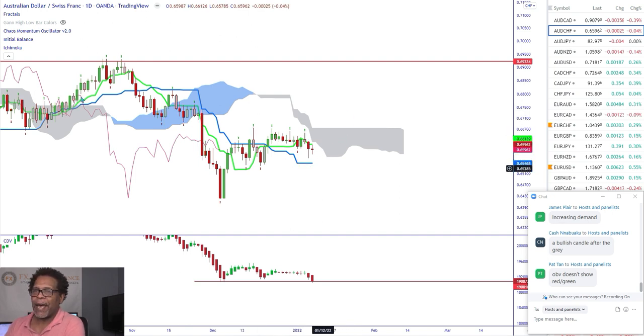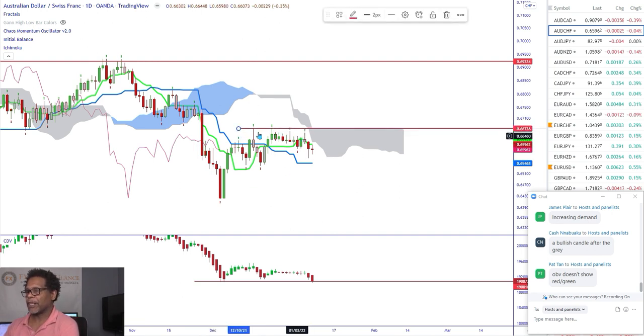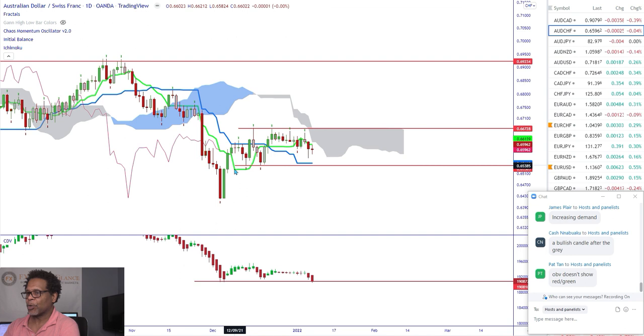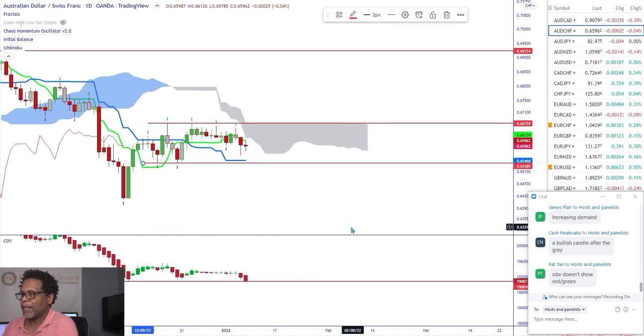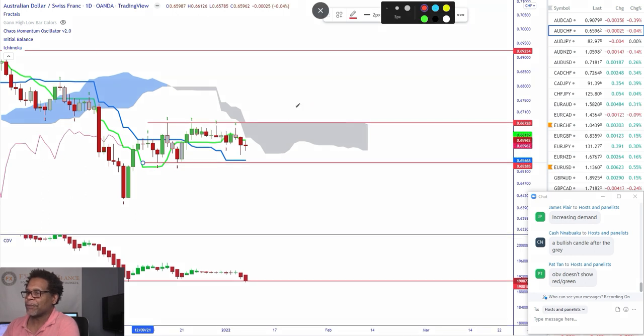I'm just pretty flat. In order for me to start seeing change, I would have to close above the cloud, because here's our highs. So we're kind of between this level right here before we could really understand what the market is doing, because this is where the market is pretty flat right now. You don't have any strength right now because you've got a flat Kijun-sen. Tenkan-sen is flat. Your cloud is pretty much flat, right? It's just like this. It's in this area. So we don't want that.